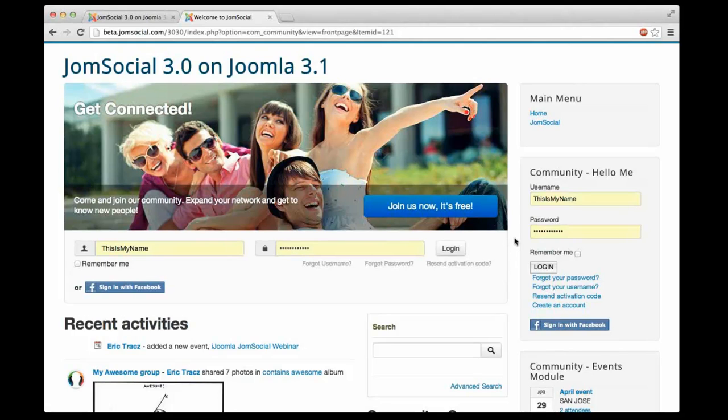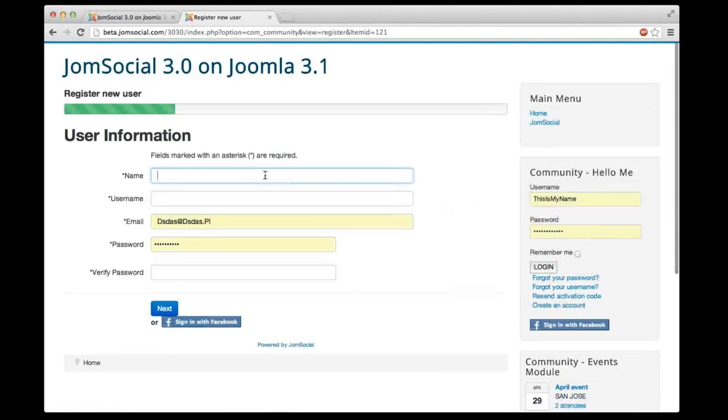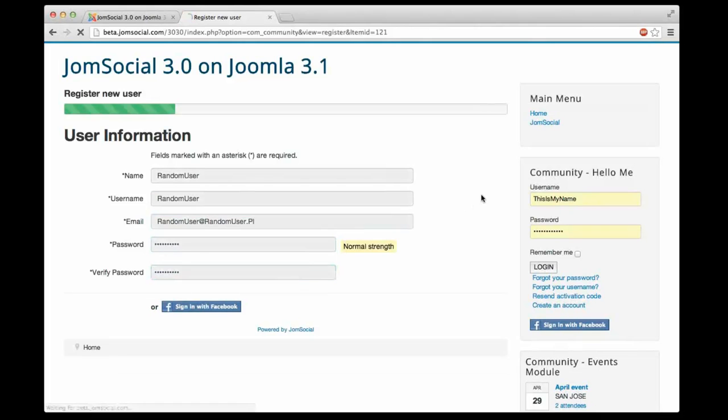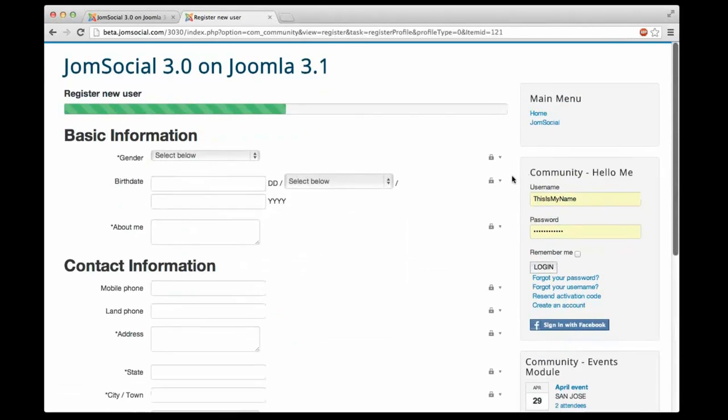And let's start with the basics. I'm going to show you what registration looks like. So going by Join Us, right? Clicking right here. I'm just going to fill this in with some random information. I'm just going to be called a random user at randomuser.pl. Why not? And next. This part doesn't really interest me because this is like a regular registration even for Joomla,